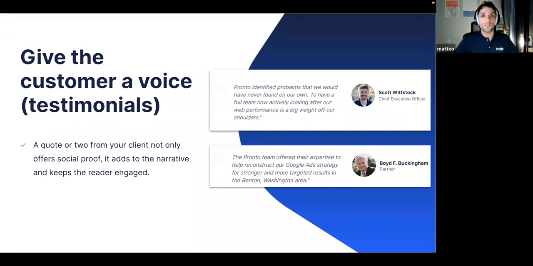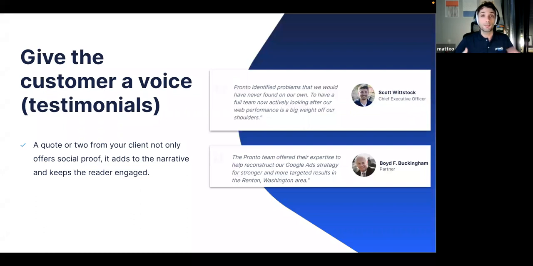Importantly, that means this is not really a monologue. A case study is more, as Pierre mentioned before, a real story. Best practice is to keep your intro very short. You have a couple of short paragraphs to set the scene and establish the problem, and then it's time to hand the reins over to your client. Let them describe the challenge they faced in their own words. And this is how you make your case studies more personable and relatable to your prospects,